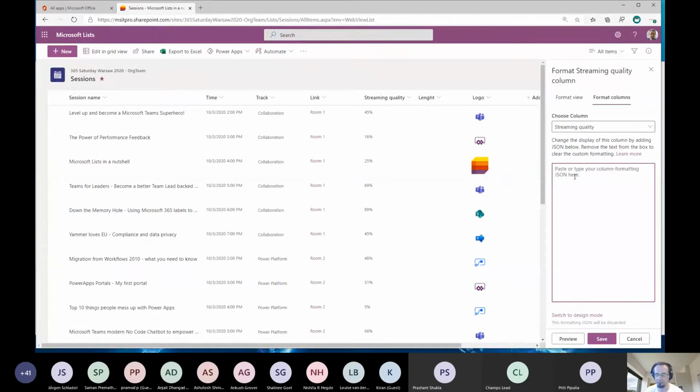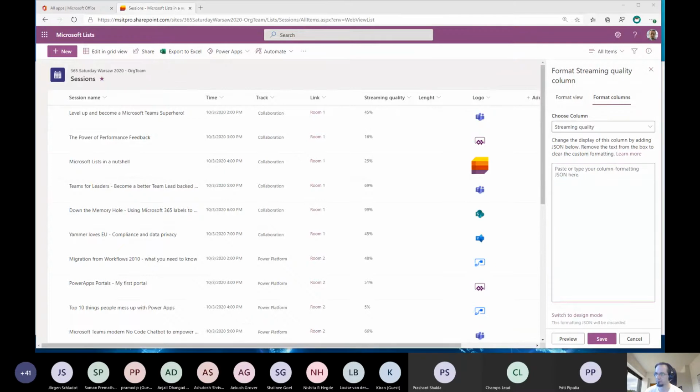But you must be familiar with JSON formatting options for lists. It works the same way as in SharePoint Online, so it's nothing new. But there's a great page. I will share that link with you.